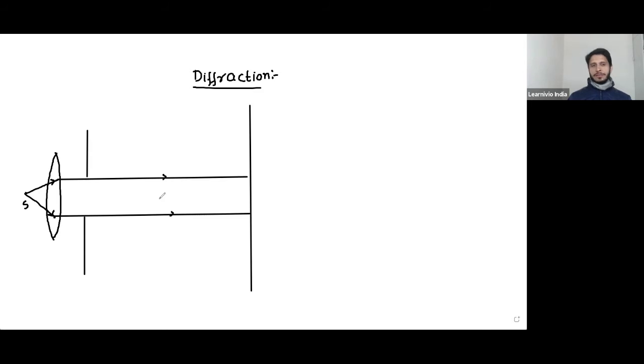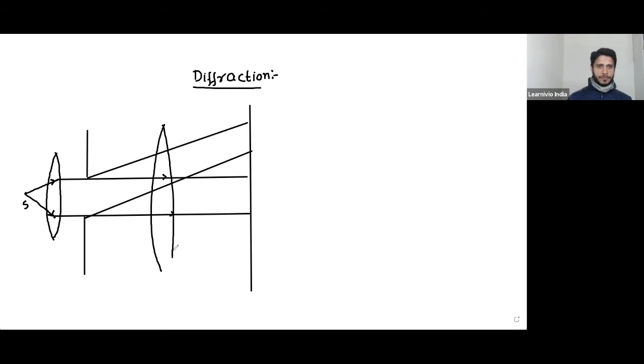So there are various things. These rays can move without any deviation or they can bend at some angle. So to converge these light waves over the screen, we need a lens. So I placed a lens here. Okay, so to converge these waves on the screen, we need